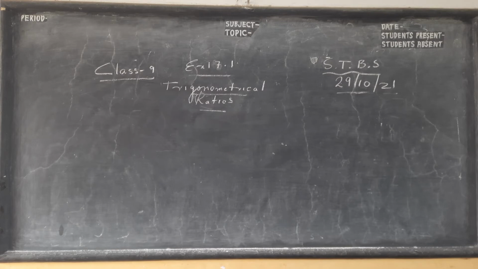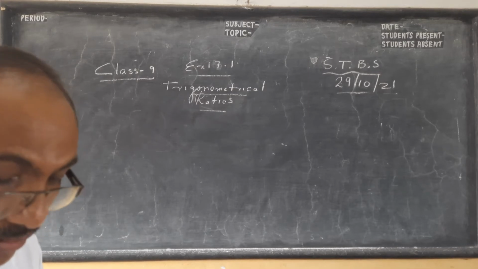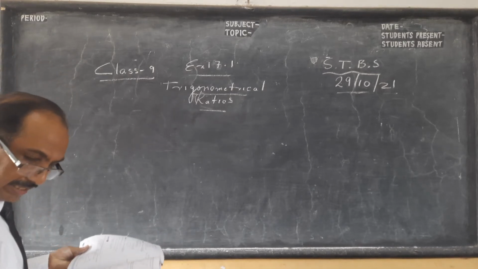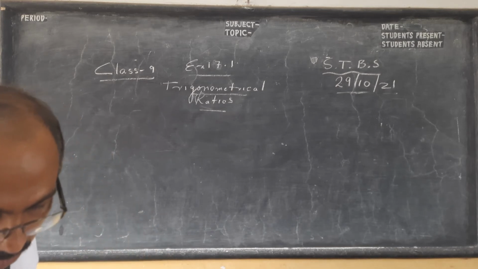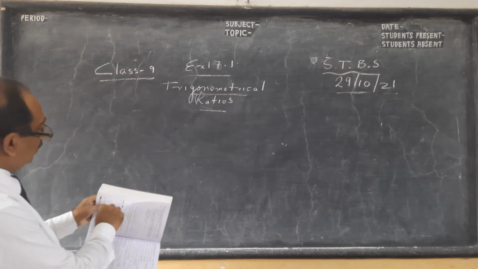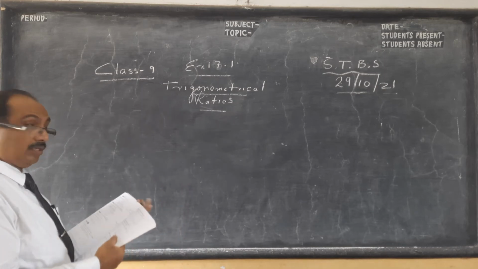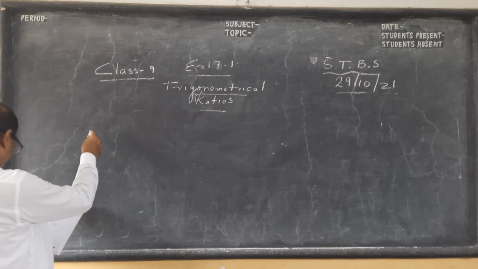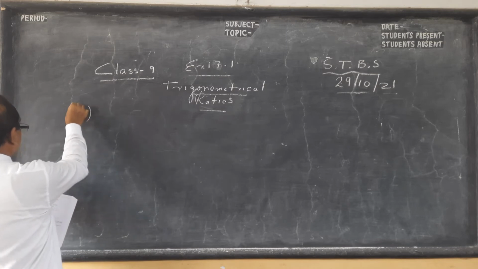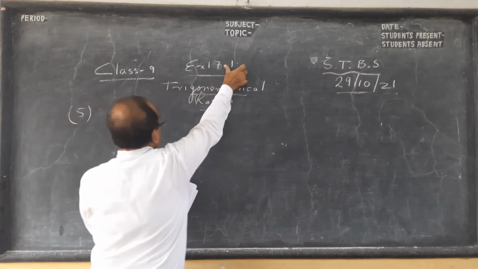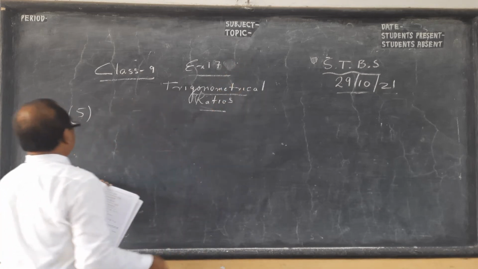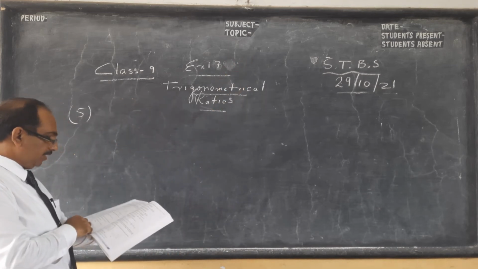Okay boys, we take question number 5 from ML Aggarwal's book, exercise 17. You take any standard book, children, any standard book. It's good, but you must do one book properly. Question 5 from ML Aggarwal book, exercise 17. There is one exercise only, not 17.1. What is given here, children?